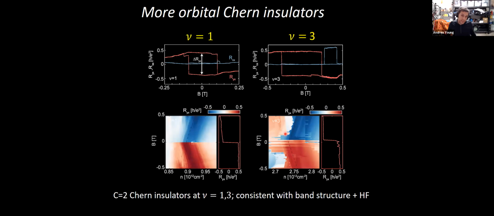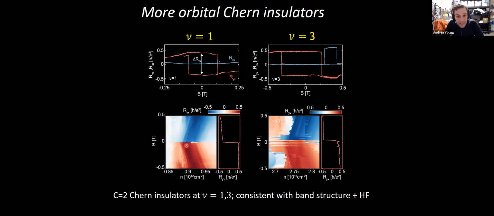What I want to show you is that this is also an orbital Chern insulator. In particular, at nu equals 1 and nu equals 3, one finds nearly quantized values. They're not perfectly quantized, although once you've seen the magnetic images that I showed you from our microscopy experiment, you should be shocked that any of these are ever quantized. The level of actual structural disorder and its interaction with the domains makes it rather a miracle if this worked at all, even once. But they're relatively close to being quantized at around half h over e squared.